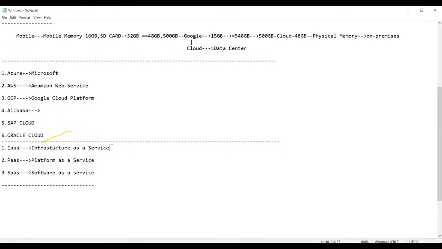Infrastructure as a service means what, guys? Suppose, as we just discussed, you require 500 GB of data to be stored. That means you require space on the cloud to store the 500 GB of data. Am I right? Suppose you require all the storage, whether 500 GB or 1000 petabyte. All this is the responsibility of the cloud provider, and it provides this service in the form of infrastructure as a service.